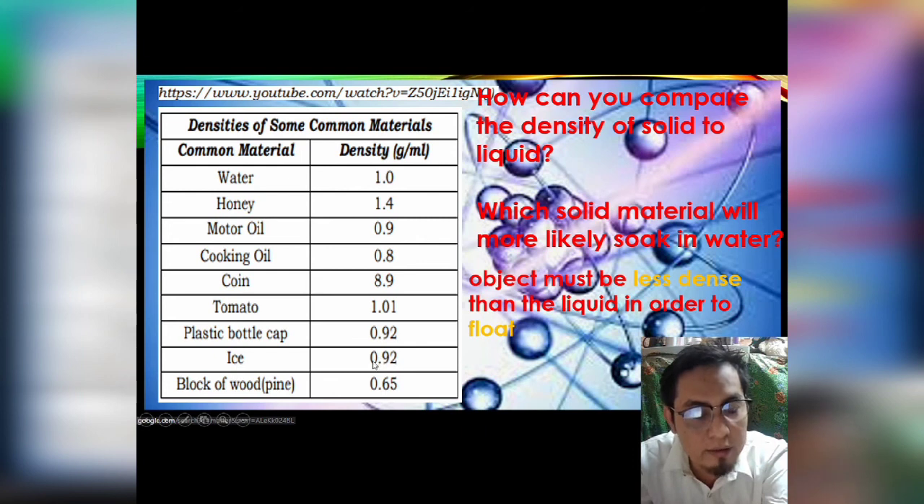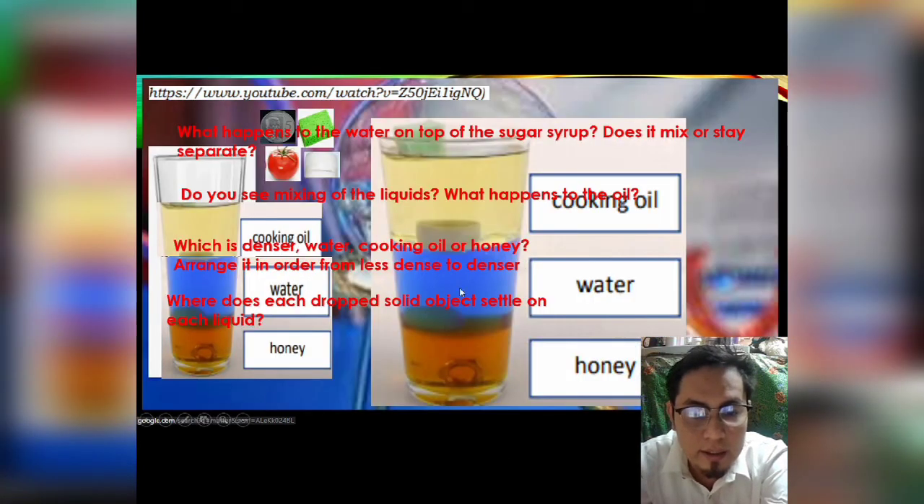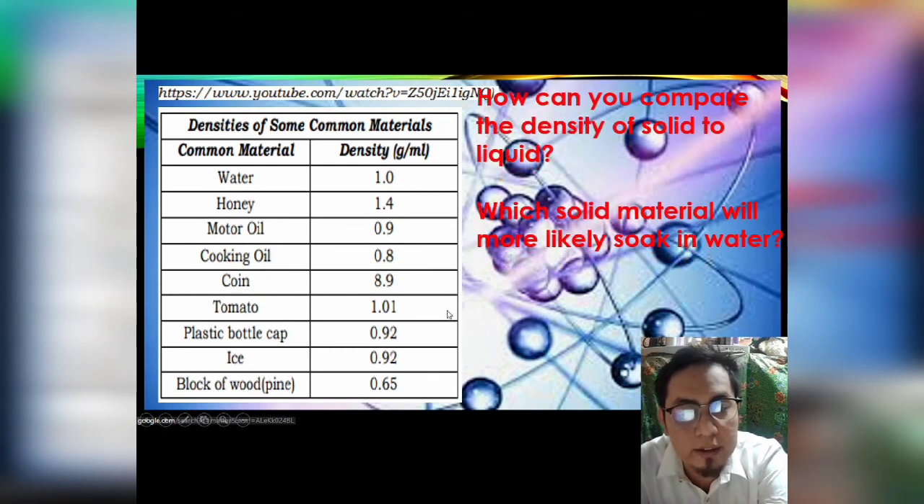Ice is 0.92, less than 1, which is water, so it will float also. Next, plastic bottle, 0.92, less than 1, it will also float. But tomato, 1.01, is greater than our water. Let's go back. This is our water. This is our tomato. So it will not float because tomato has greater density than